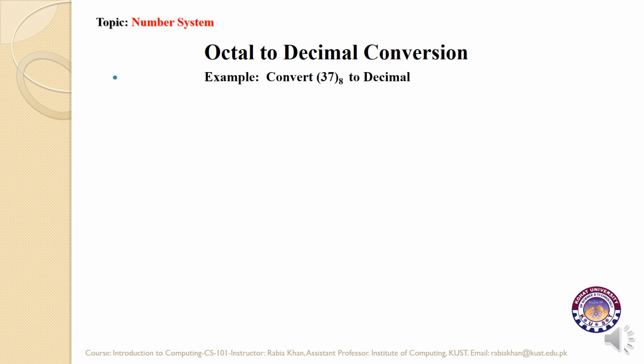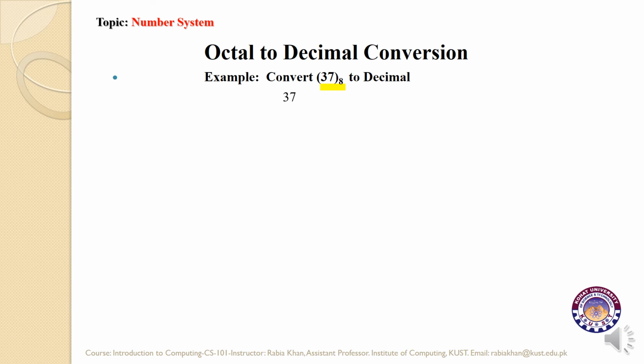Here you can see we are given an octal number 37. It is within the range of the octal number system, and we have to convert it into a decimal number. As per the method we have seen already, we need to multiply every octal digit with 8, while the power of 8 starts from 0. The multiplication process will continue from right to left.